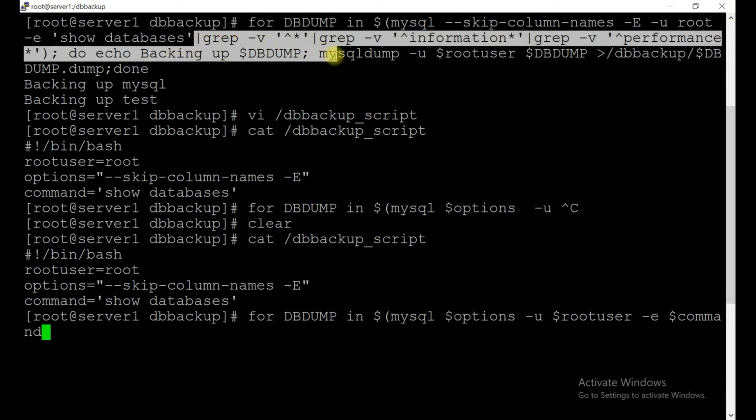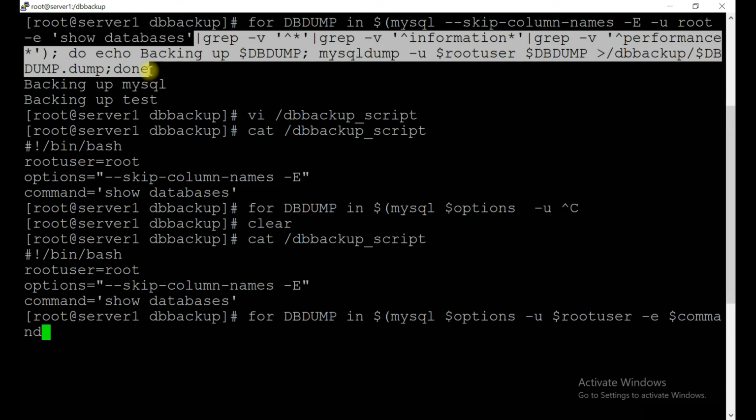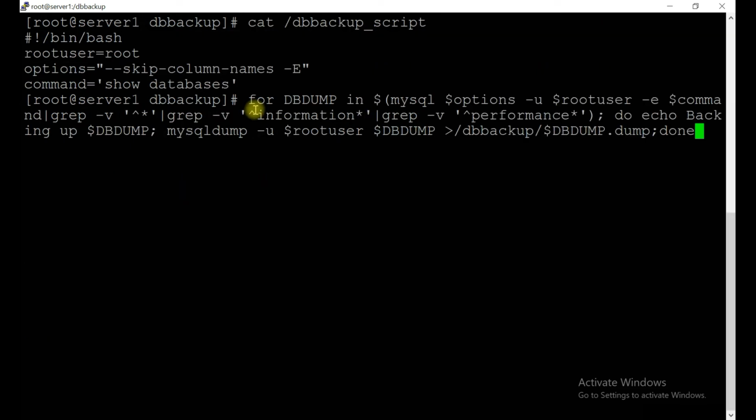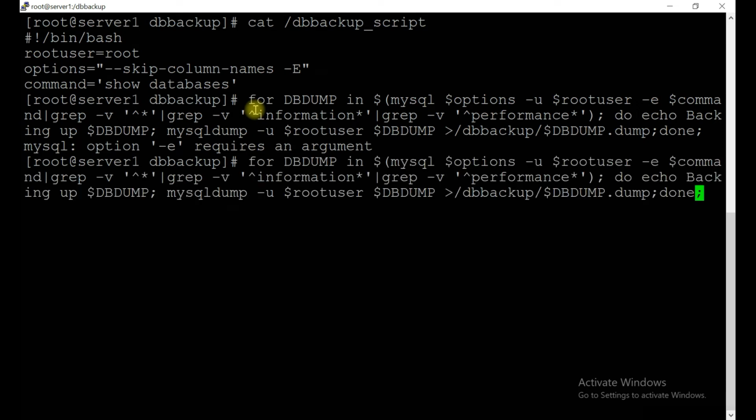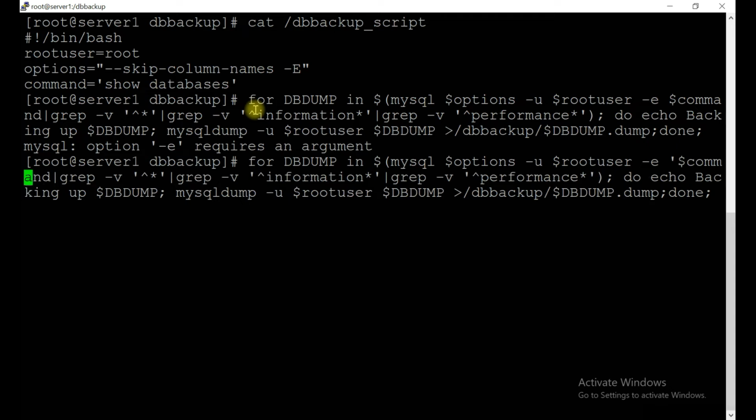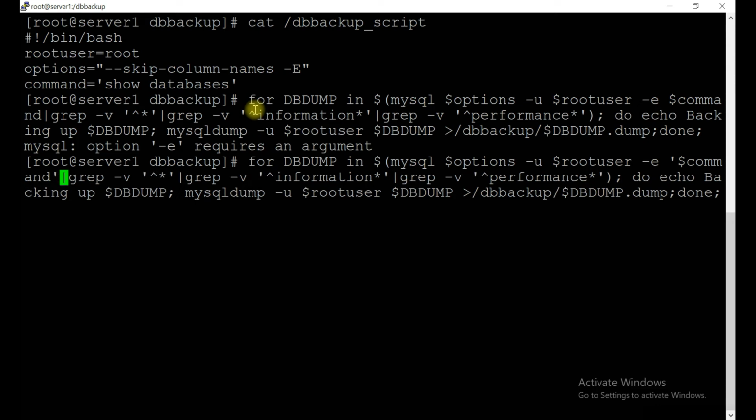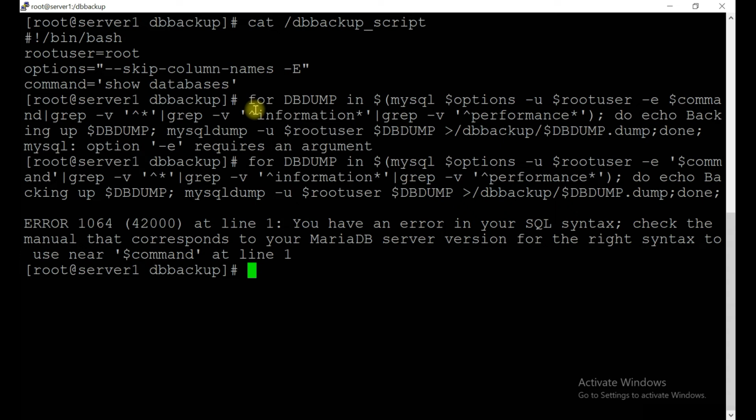Okay, and after the commands, whatever is mentioned here, just copy paste the same and execute it. -e requires an argument. Okay, so there is some error. What you need to do is mention this command in inverted commas. Okay, now let's run it.